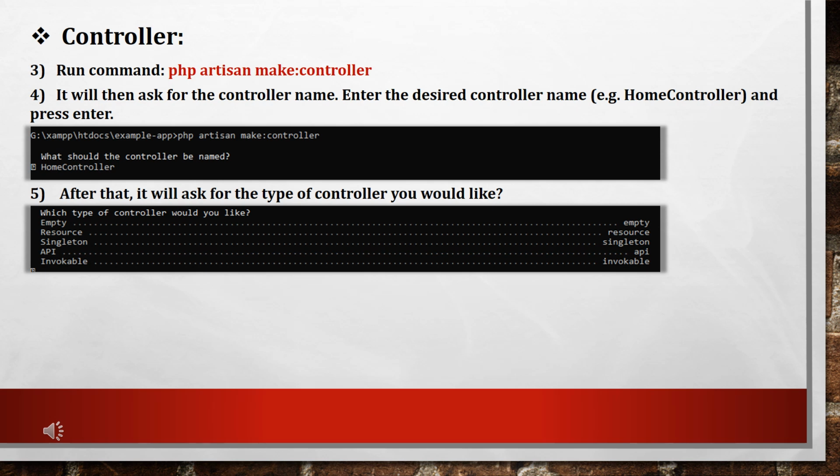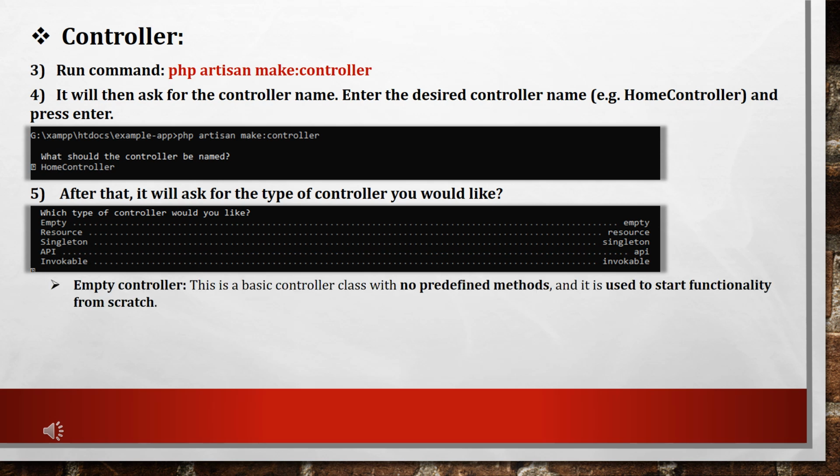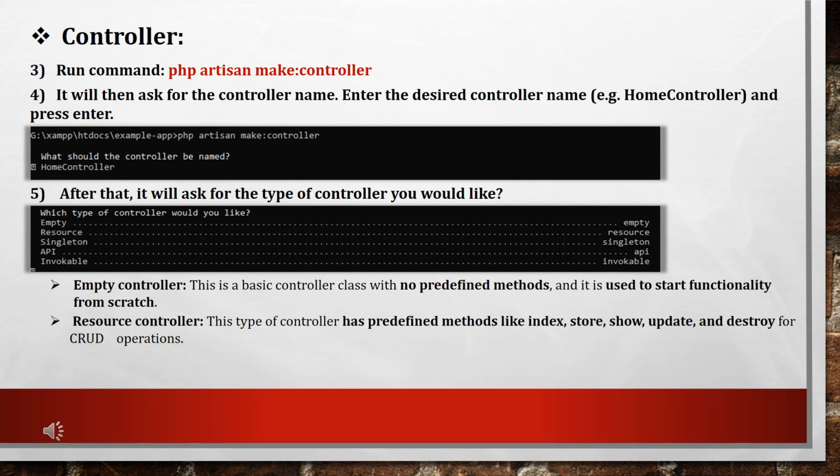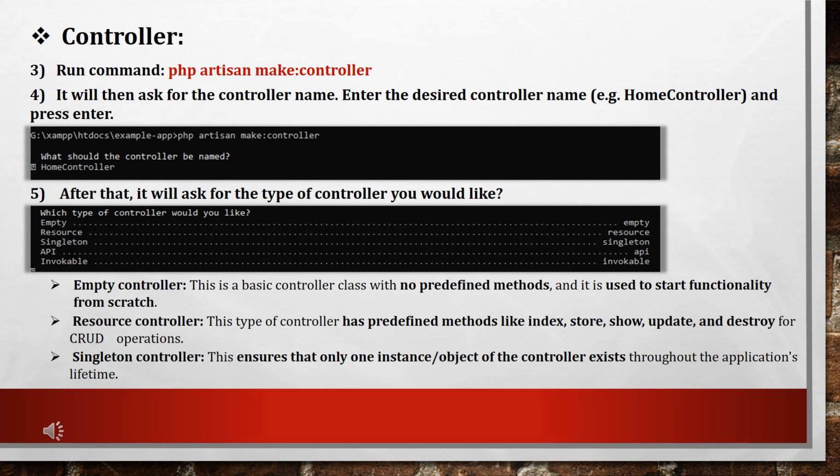In Laravel, there are the following types of controllers. 1. Empty controller. This is a basic controller class with no predefined methods, and it is used to start functionality from scratch. 2. Resource controller. This type of controller has predefined methods like index, store, show, update, and destroy for CRUD operations. 3. Singleton controller.